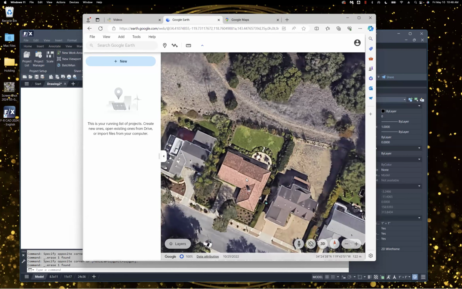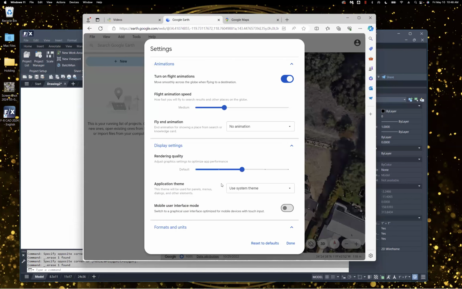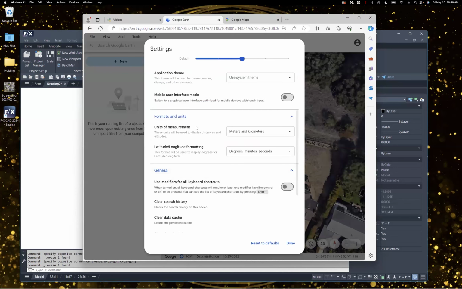And on both Google Earth and Google Maps, you want to make sure that it's set to the correct settings. I did notice that on Google Earth in particular, it was defaulted to meters. If you wanted to, you can come up to the Tools tab, go to Settings, and switch your units of measurement to feet and miles or meters and kilometers. This will make more sense when we get our screenshot and bring it into CAD, but you want to make sure that you have the appropriate units to match the units you're working in so that you can scale your image properly.